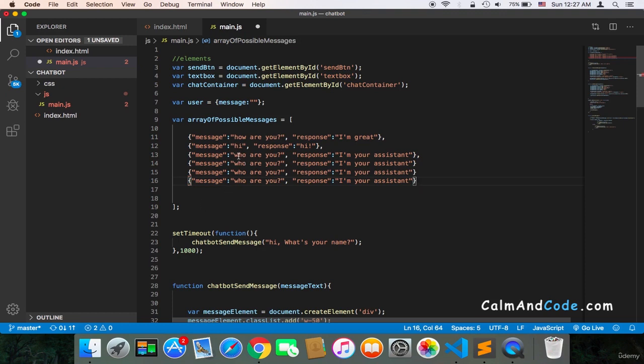Here instead of who are you, we can say what's your name? Your name. And the response could be I am a chatbot. And here we can expect a user to say how old are you?